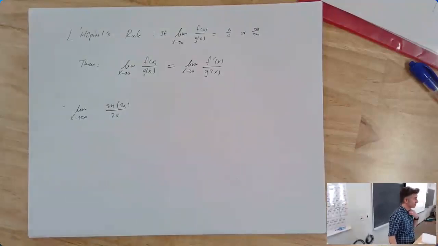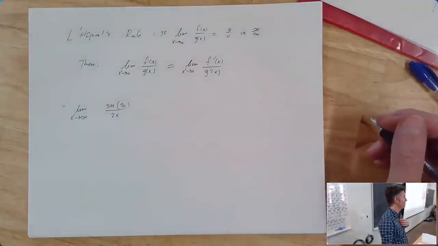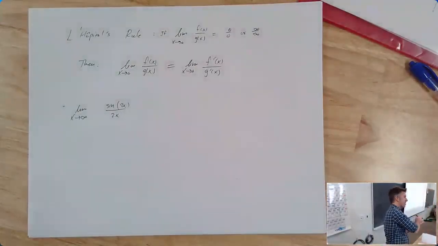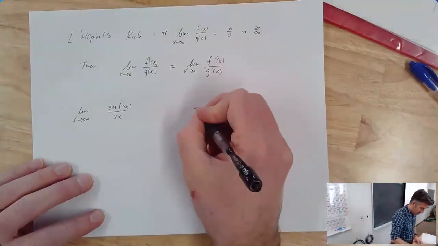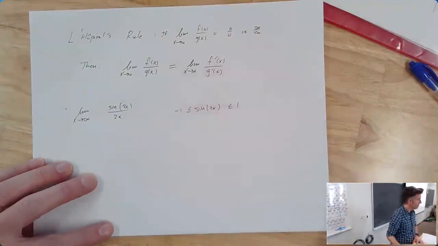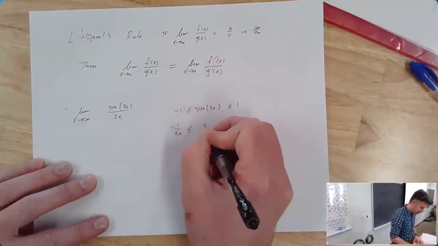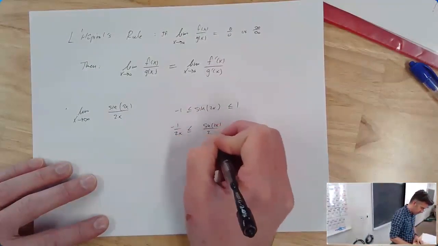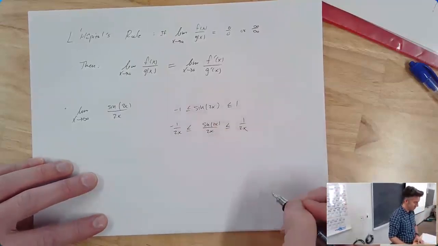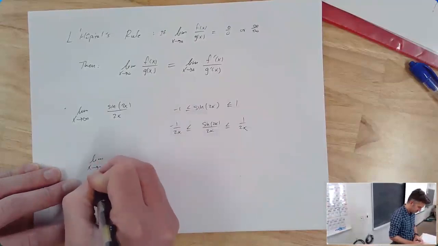You're right. And the way we show it is by using everyone's favorite theorem, maybe not your favorite. So we say here that sine of 2x is between negative 1 and 1. Then we divide everything by 2x. And then we say the limit of that's 0 and the limit of that's 0. So the limit of that must be 0. For sine of 1 over x over 1